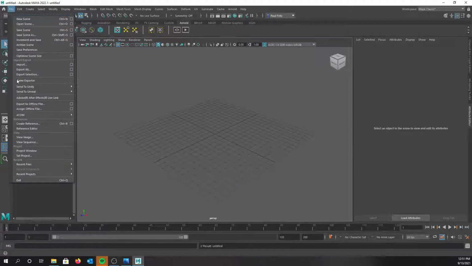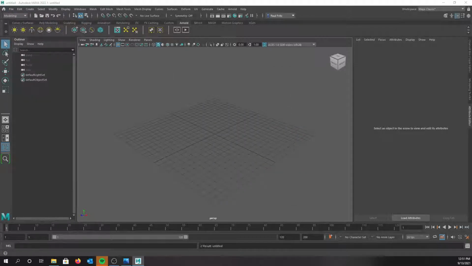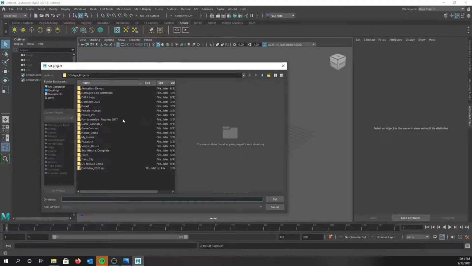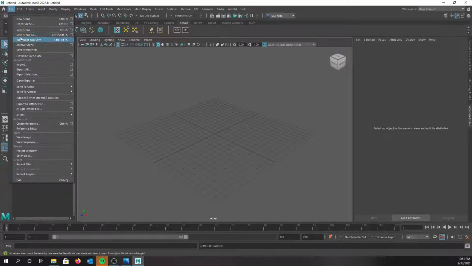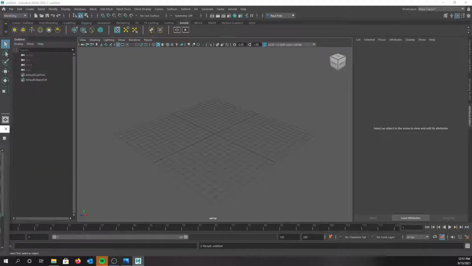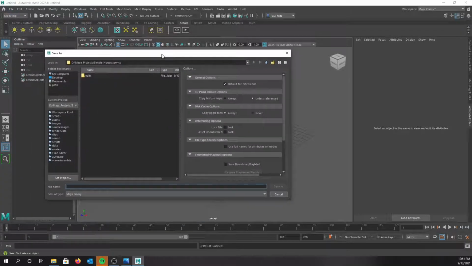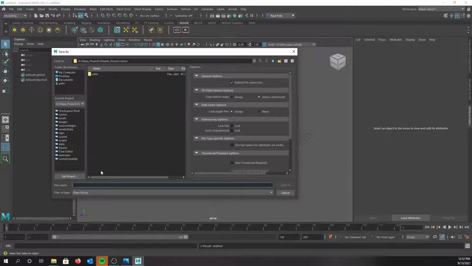Now, just to make sure, I'm going to go ahead and set the project, since I had a few other things opened up, and I'm going to go find our Simple House project. And then let's go ahead and save this scene just to get us started, so we can just hit Control S from here on out. All right, so let's go ahead and call this one